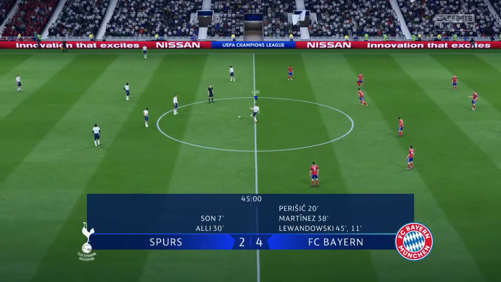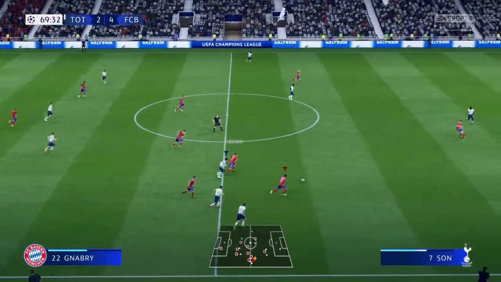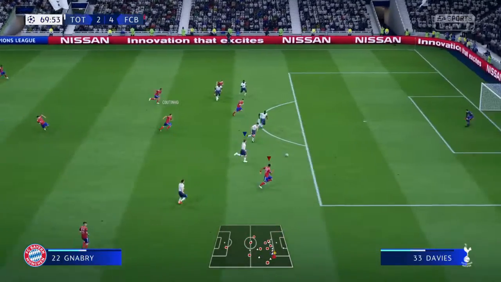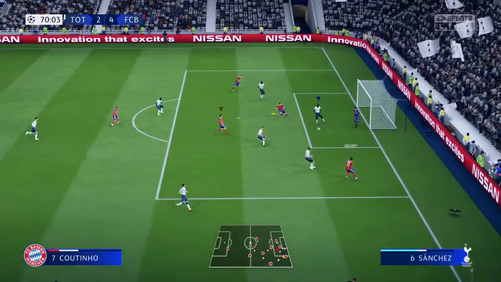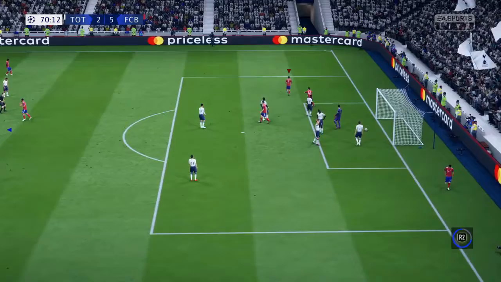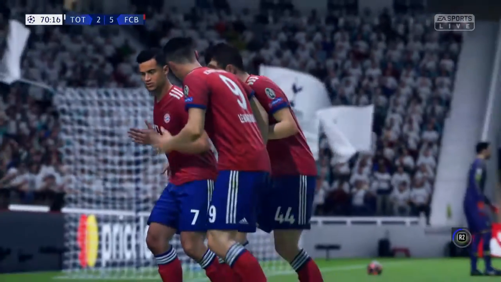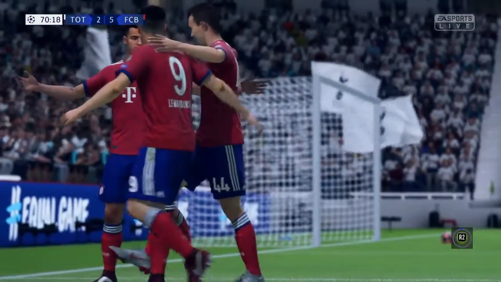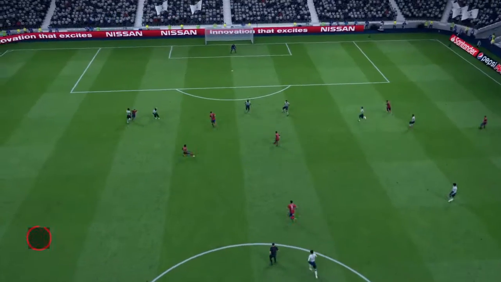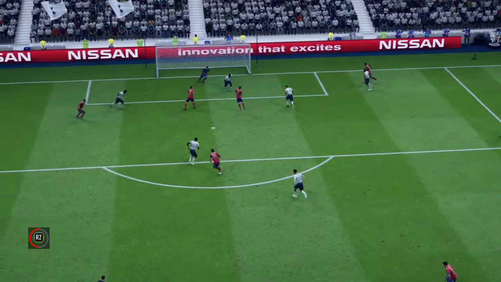So the current scoreline, 4-2. Son. Spurs have lost the ball. Coutinho. An effective pass by Coutinho. Serge Gnabry. And a headed goal it is! Right on cue. Well, just look at this cross, Derek. It's all about the ball in the box. It's a brilliant effort, and it's a great goal to